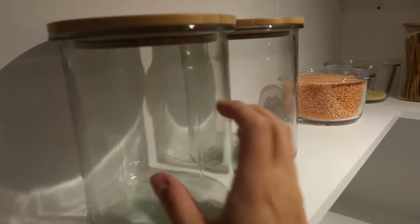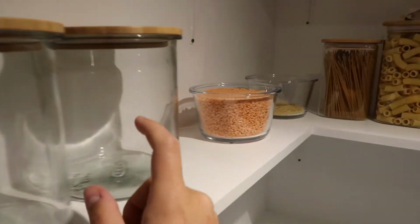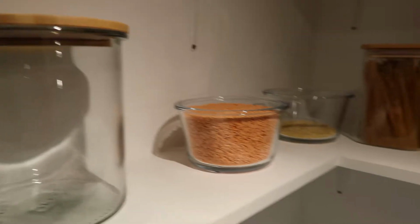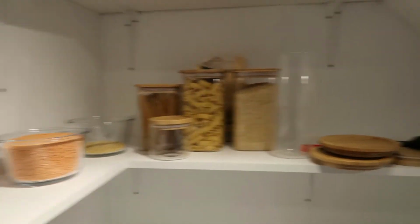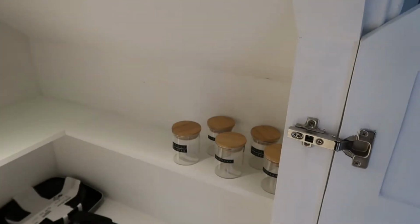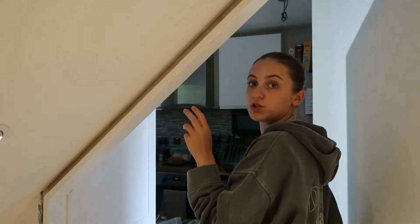So this is how far I've got so far. I'm thinking one of these can be biscuits. I'm not sure what the other one could be yet. The lentils are too big for this. Once I've sorted out the lentils, I'm going to start on the spices down here. I need to get the spice jars out first, and then I'm going to...